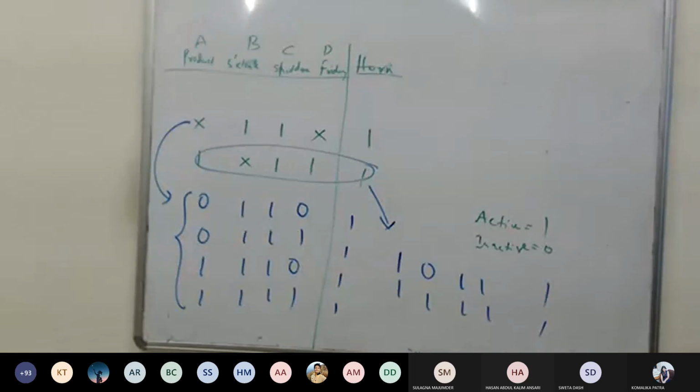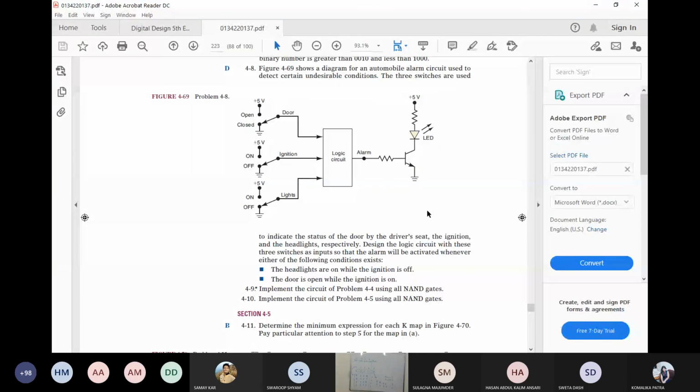Now, if you see problem D, let me share this. There is another question. Just see the circuit. It is having some logic circuit you have to design. For an automobile alarm circuit used to detect certain undesirable conditions, the 3 switches are used to indicate something. Okay. Right? Then afterwards,